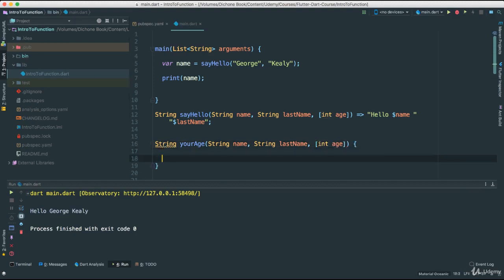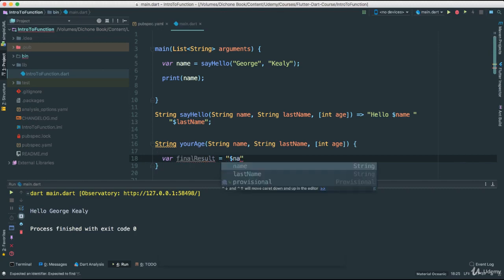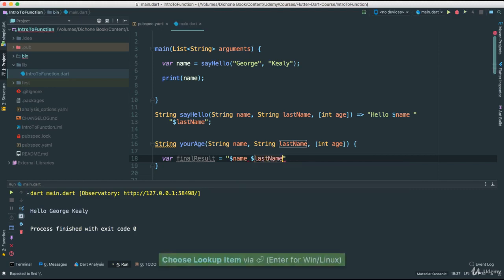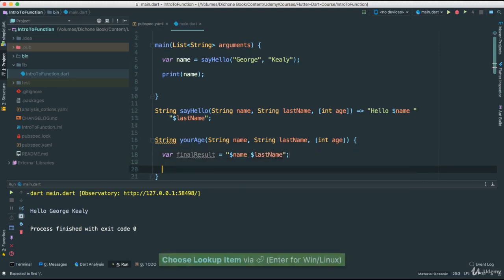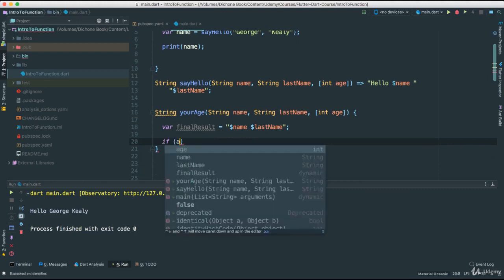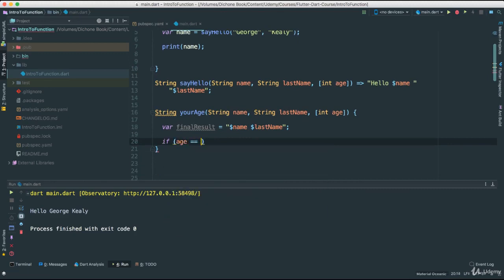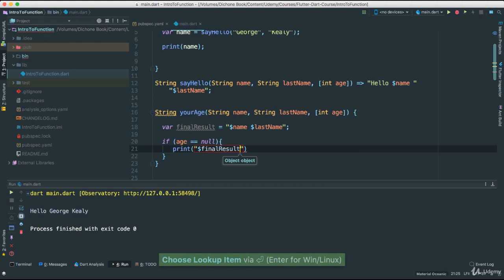All right, so what I'm going to do here, I'm going to return something. But before we do that, I'm going to go ahead and say var final result. I'm going to say name, last name as such. Okay, we'll see in a second. And now I'm going to go ahead and say the following. I'm going to say if age is equal to null, then I'm going to say print final result